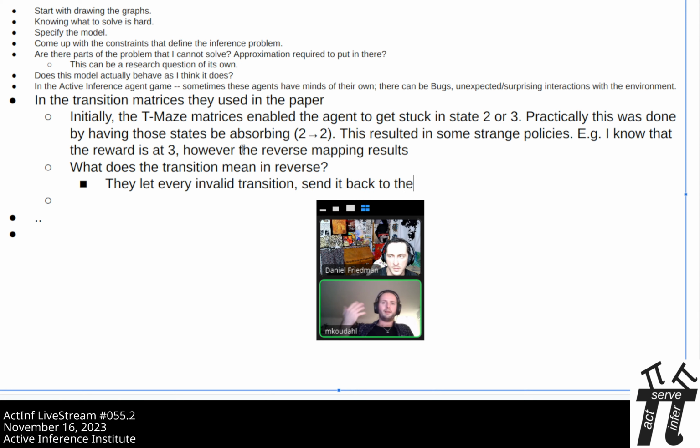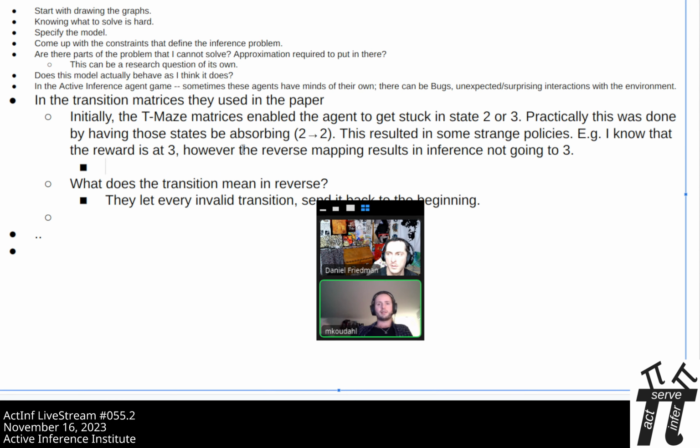Basically, if you end up in one of the rewarding arms, every transition that you pick is going to send you back to the start. So it's just going to reset the whole episode. And if you do that, you get rid of this problem of the backwards message not corresponding to your intuitions as an engineer.